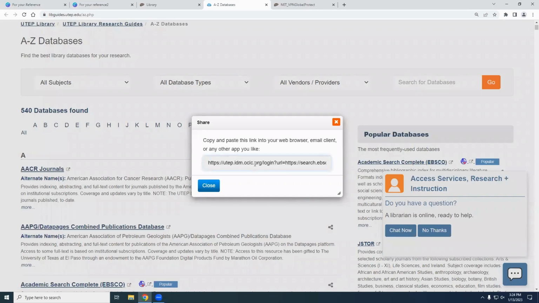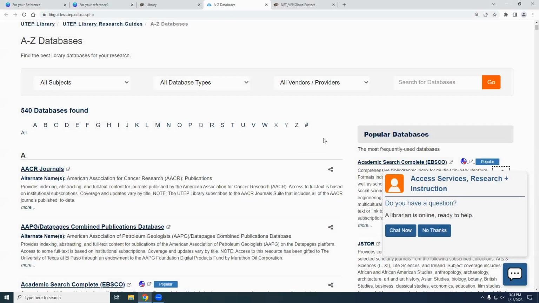So that's briefly the VPN and the proxy server. Do any of my colleagues have any additional information about VPN and proxy? No, I think it's kind of straightforward. If you do get stuck, let us know. At least we can refer you to the right people. And I think that's pretty much it for VPN.